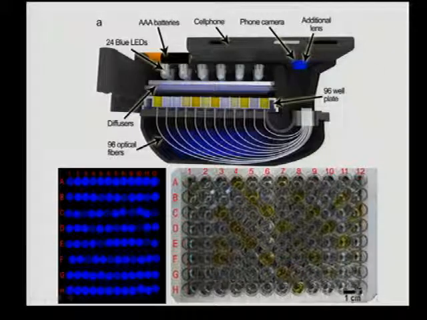Of course, as you can see here, the size is very large. It's a few centimeters by a few centimeters. Typically, clinical instruments use a scanner and have a scanning optical system to look at these individual wells one by one. We've created a system that is based on fiber optics and using the cell phone as an app to acquire these images.